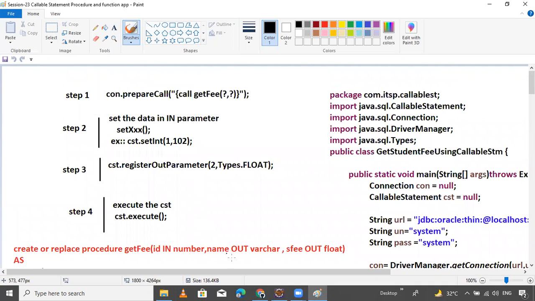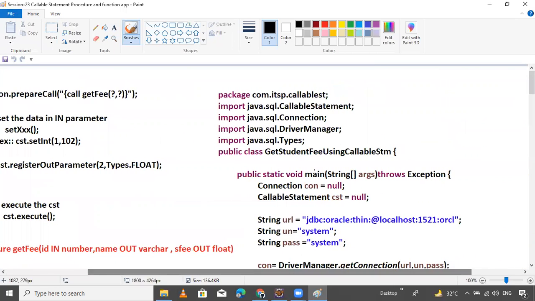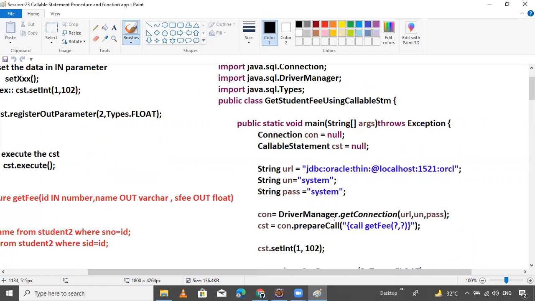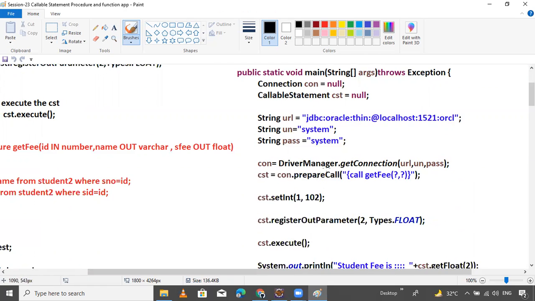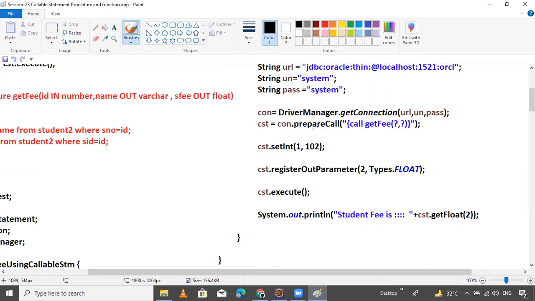This is the last class example we have seen. First is getStudentFee using CallableStatement. Here, create the connection and callable statement. This is the URL, username, and password. Just establish the connection and call the procedure, get procedure.